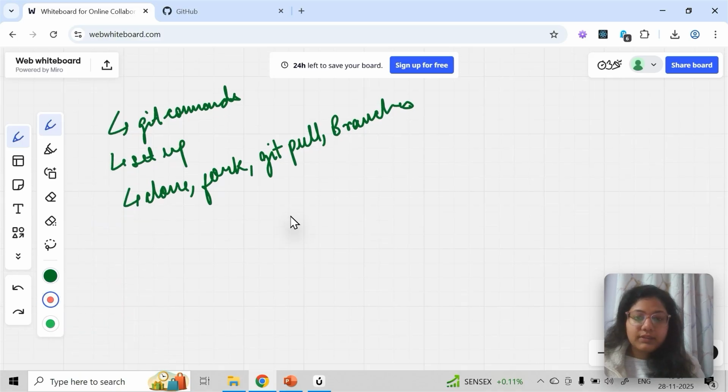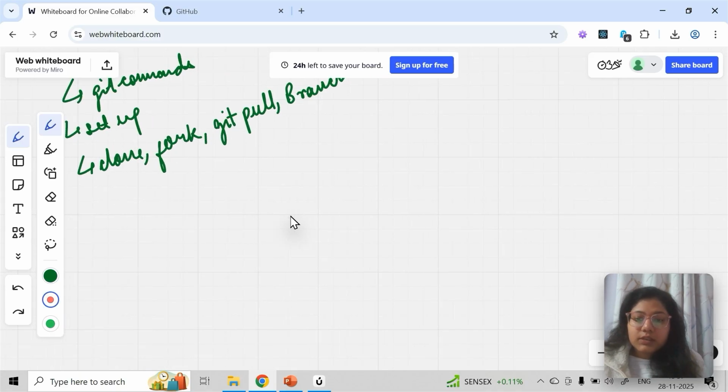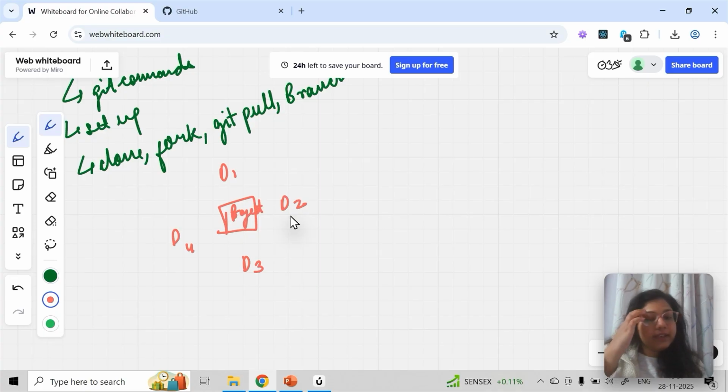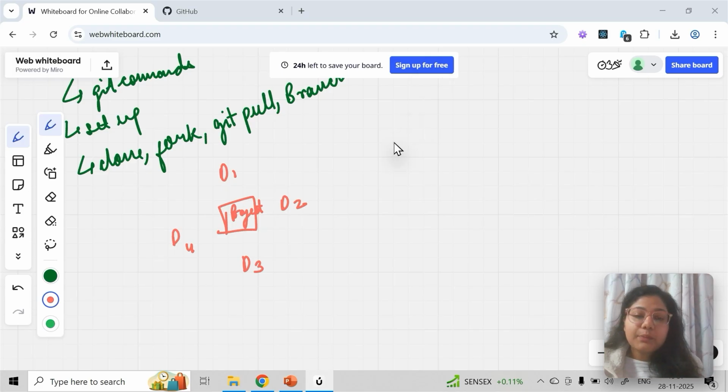This is an example I've taken earlier also. I'll take a similar one now. Let's say I have multiple developers in a team. I have four developers working on a project. You can think of any project. I'll take some e-commerce application, or I'll take some movie app, but in your mind you can think of any application, a mobile application, software application, or web application.